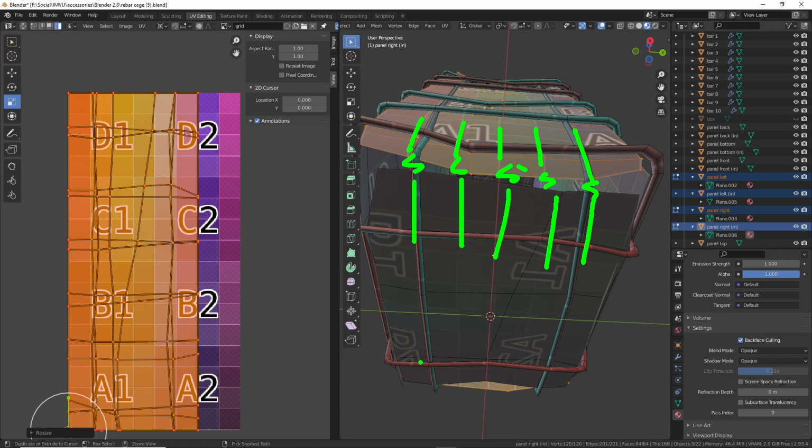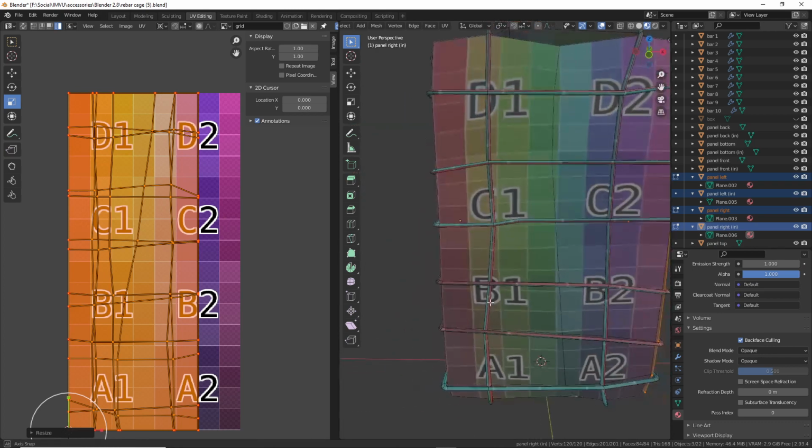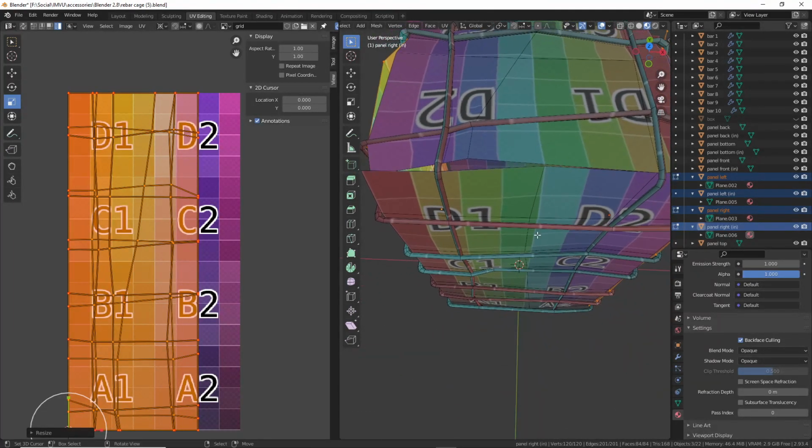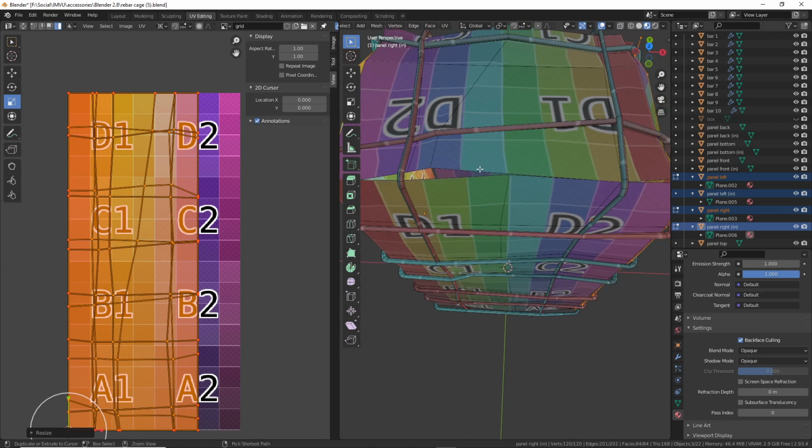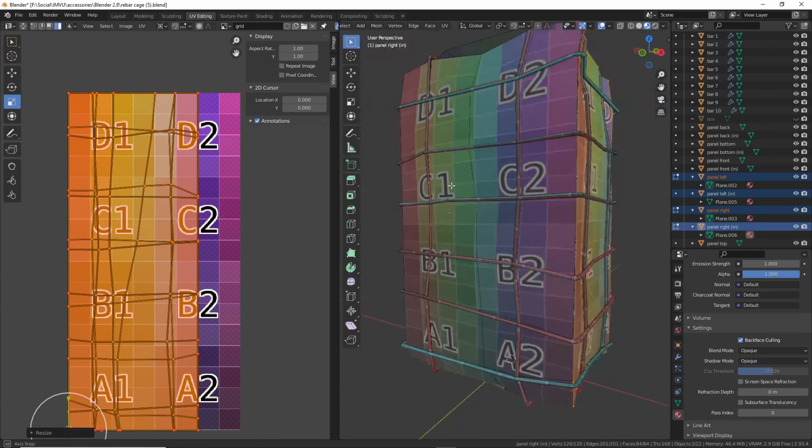For the same reason, we'll want to do the same on the front and the top. So we're looking at the grid, front and top, and making sure they are matched up as best as possible. So essentially all we're doing